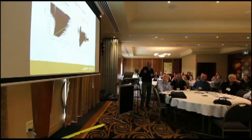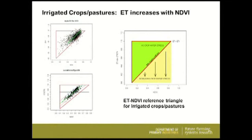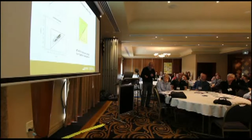So where did we get the same sorts of response? This is the response typical for crops and pastures. And what you see up here is the rate of water use, if you like, in relation to the amount of vegetation on the ground. And what we see typically for crops in irrigation areas is an increase in the rate of water use with the amount of vegetation as seen from the satellite. That's the basic relationship. There are a couple of examples there for horticultural crops, but this was repeated